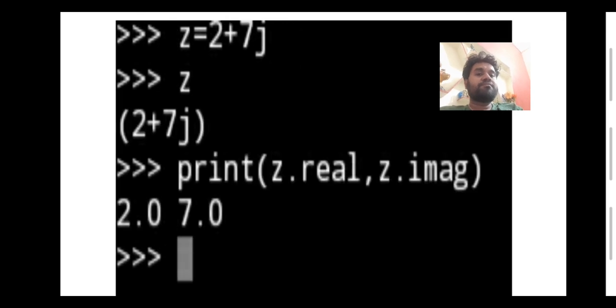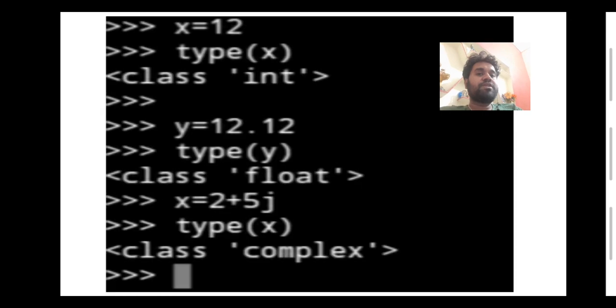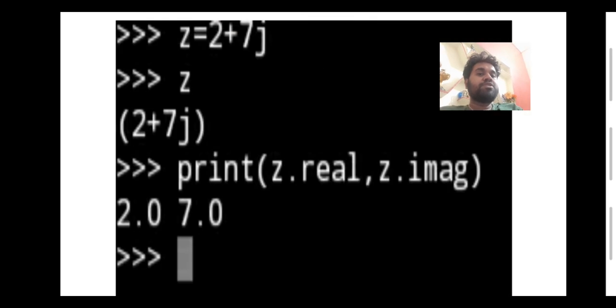Now see this, I have added two complex numbers. One I have taken p, another I have taken q, then r is equal to p plus q, then I have printed this r. Here I am not writing print r because this is a shell. In the shell directly it will give the answer, but in the scripting window we have to write print, then only it will print the value. So somewhere I have written print, somewhere I have not written, so it's our wish what to do. So class, all these examples you have to see, you have to understand till here, and you have to make proper notes. That's all, class.